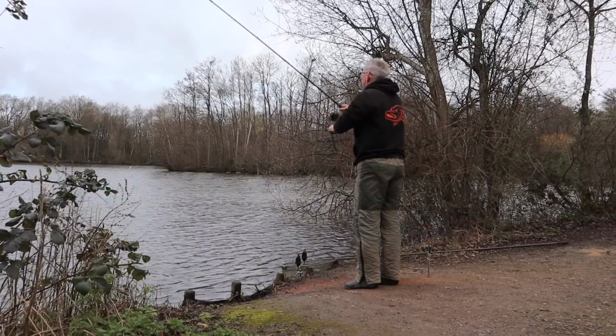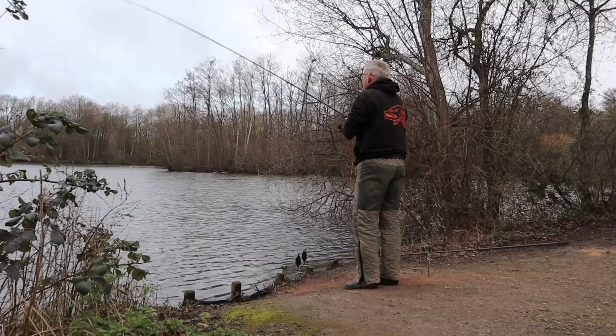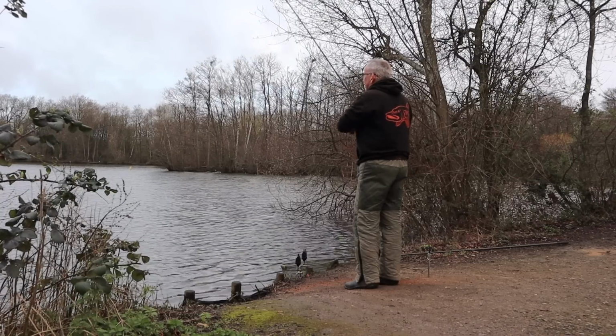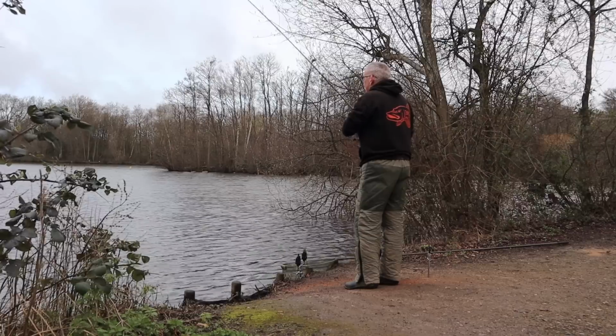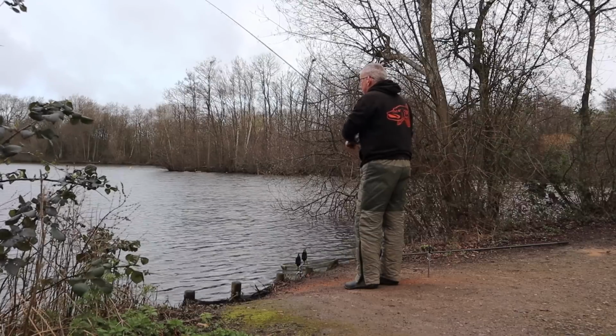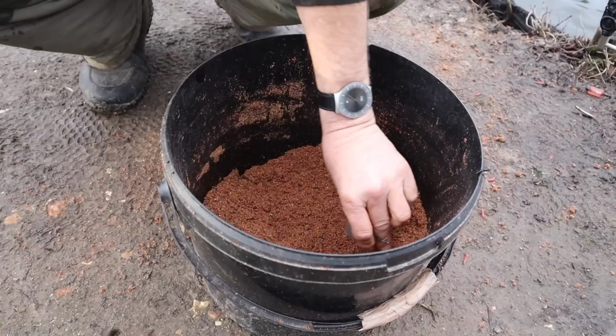Well, I've made about a dozen casts. I haven't got a hook link on. I don't want to damage a hook link. I just get the feeder on. I've got another rod all clipped up, ready to go. So when I'm making the hook link up for this one, I can get a rod in the water, one more,